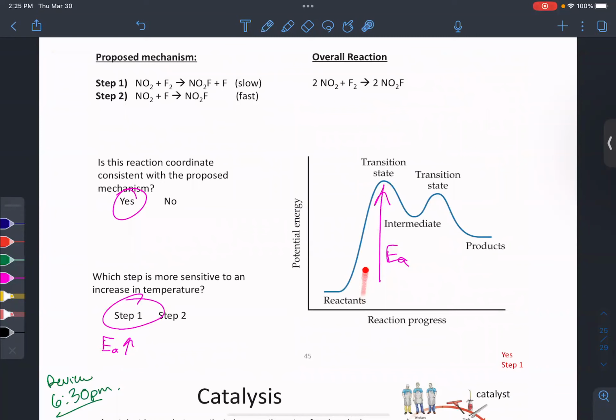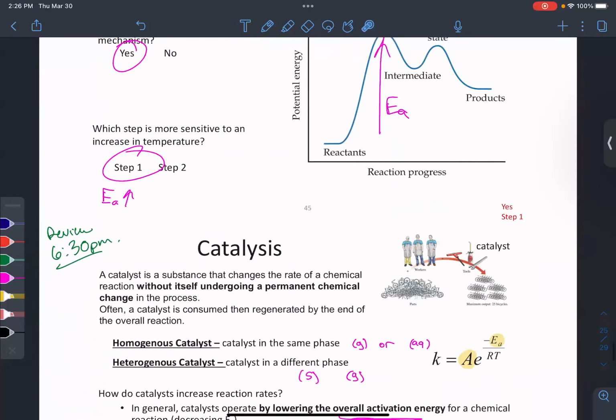That we saw, okay, this first step is obviously the slow step in this reaction because that first hill is real big. The next hill is real small. So the second step is going to be really fast, but the first one will be really slow. So the other way we can speed up a reaction, you know, we can heat up a reaction, that'll speed it up, but also if we lower the activation energy somehow for a reaction, we can also speed up a reaction. And so that's by introducing a catalyst.